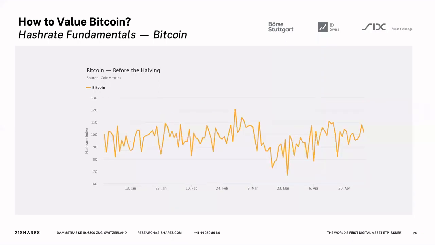But if we see what's happened to Bitcoin in the run up to Bitcoin's halving, we've seen that Bitcoin's hash rate, whilst volatile, doesn't show any demonstrable upward or downward trend. And maybe it's slightly upwards actually since the start of January 2020, which shows that miners for Bitcoin have a fundamentally different expectation of Bitcoin's long-term value, that they're willing to continue mining on Bitcoin despite the fact their reward is going to be cut in half. This isn't the same for pretty much any other crypto asset, it isn't the same for Bitcoin Cash, and it isn't the same for other spin-offs of Bitcoin.